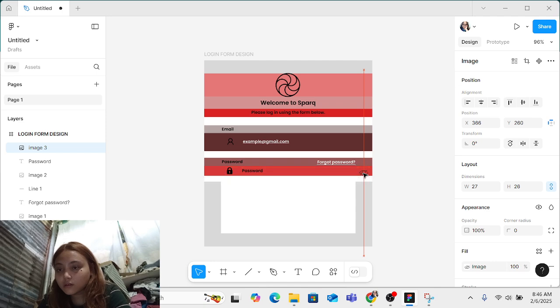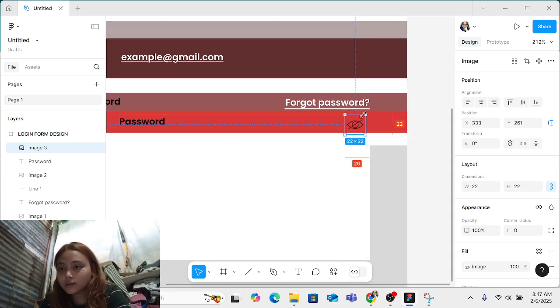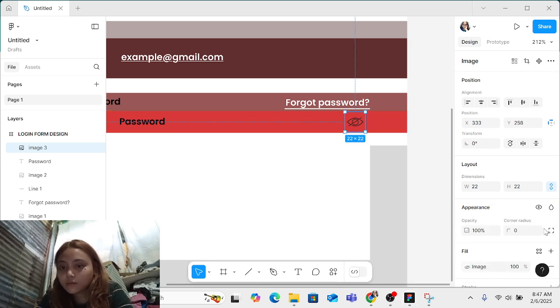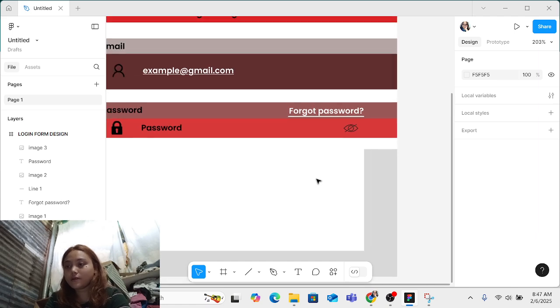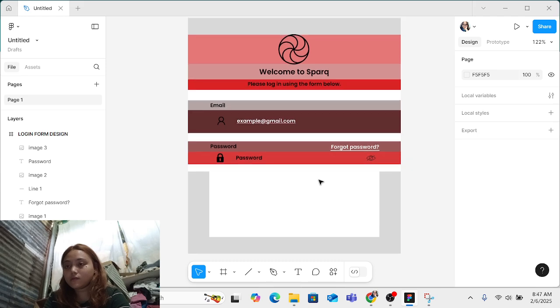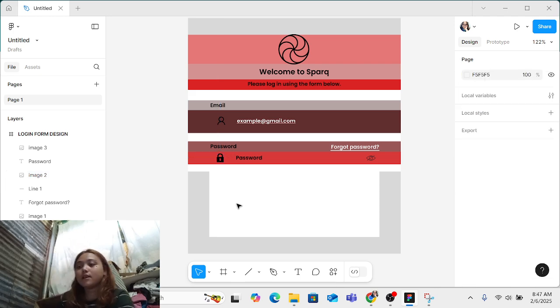Then resize it and place it there. So now, since we're done with the text and the icon we added.